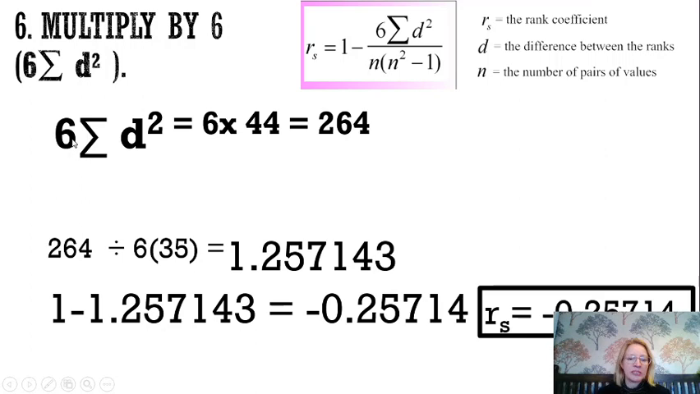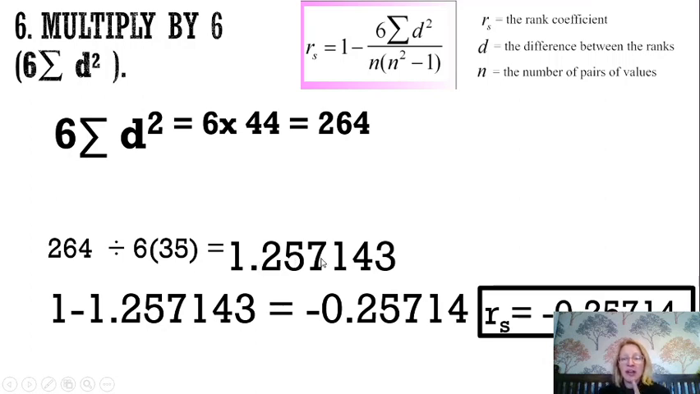And then multiply it by 6. So you can see actually I've done the next steps in here and multiplied it by 6 there. So 6 times 44 gives you 264. 264 then divided by n. So the n, because they did 6 sites in this case, the n is 6. And then that's 6 times n squared minus 1. So 6 squared is 36, minus 1 is 35, which we times it by 35 here. So if you do the 264 divided by 6 times 35, that gives you